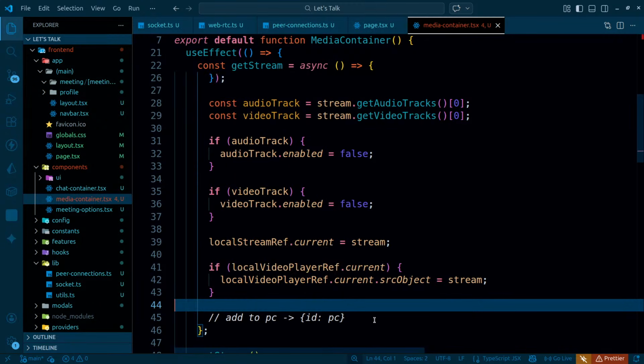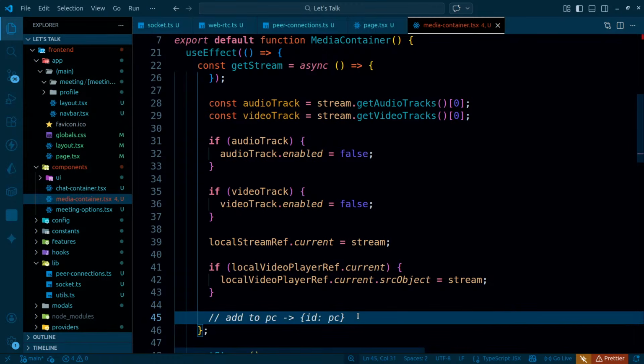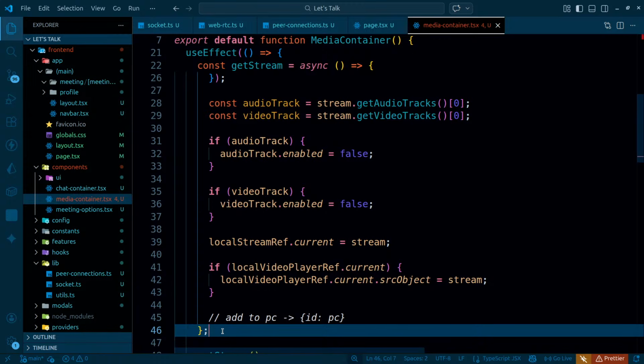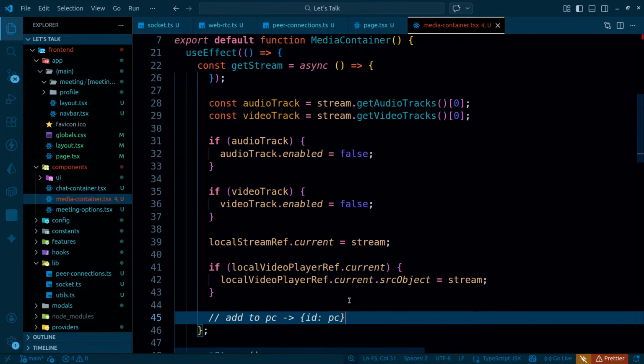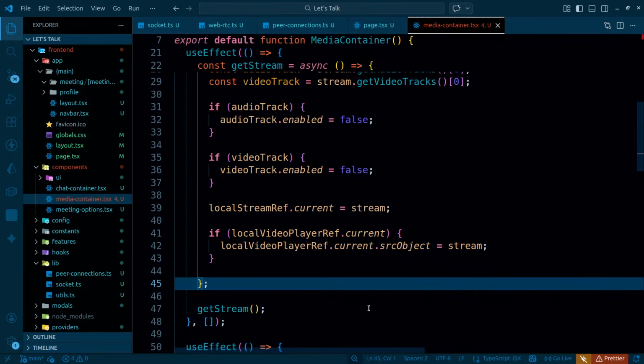So what is the last thing that I can do here? First of all, whenever I turn on the video, I have to notify all the users, don't I? Whenever I turn on the video, all the users need to be notified. So in that case, how will I get all the peer connections that I have? Const peer connections, I already have it rather, and once I have those peer connections, after that